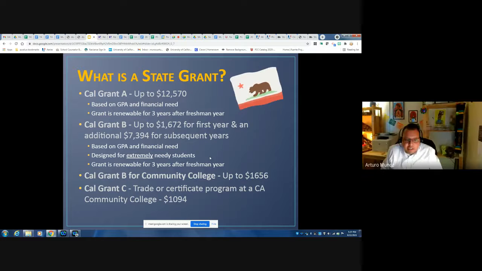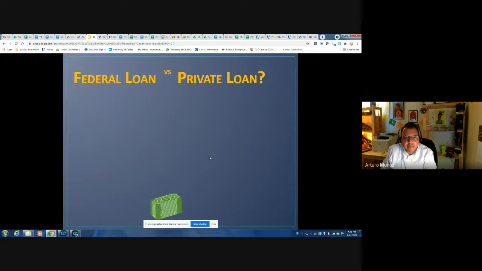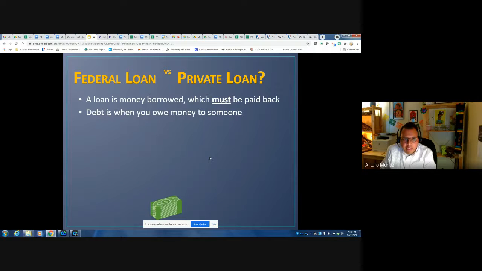Any questions on the grants? So the difference between a federal loan and a private loan. A loan is money borrowed which must be paid back. Remember, grants are